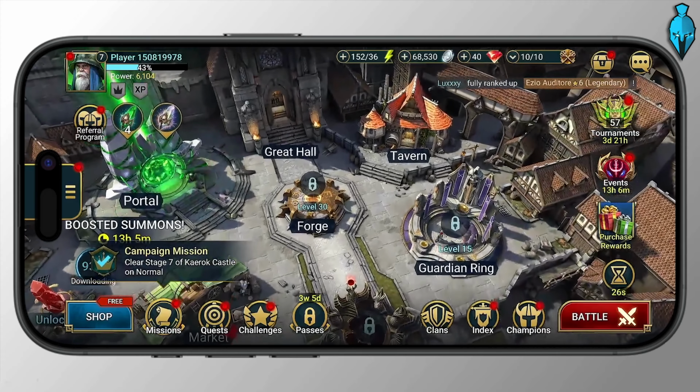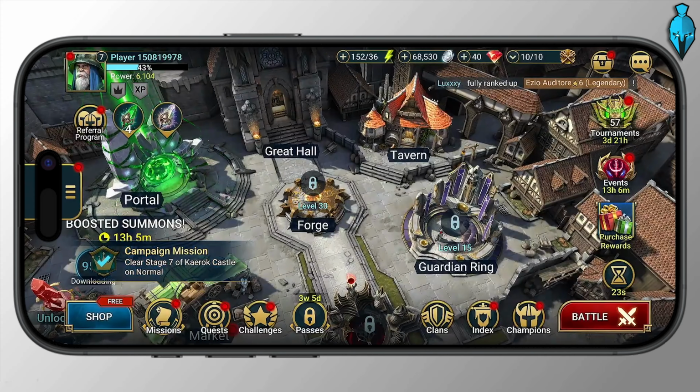In this guide, I'm going to show you how you can redeem promo codes here in Raid Shadow Legends on an